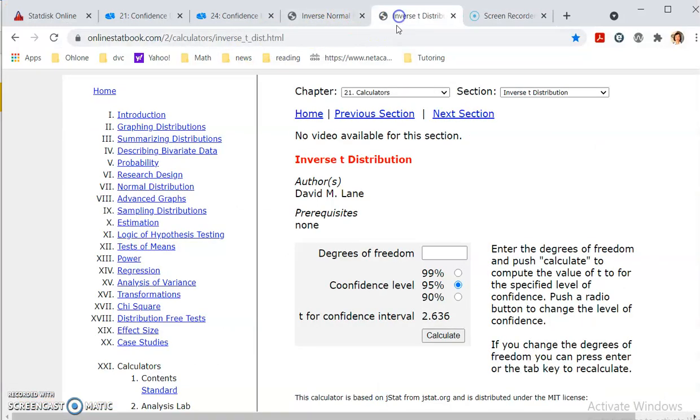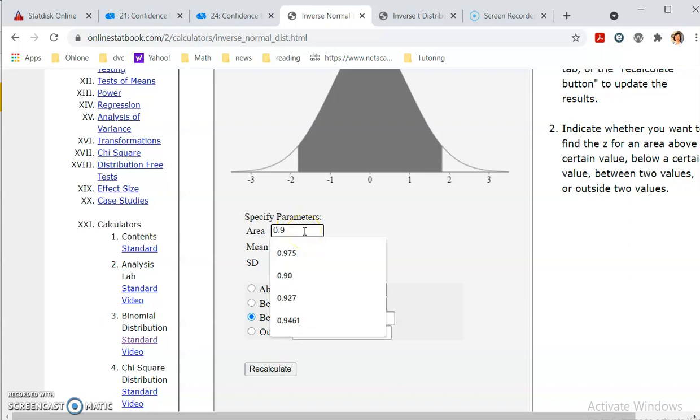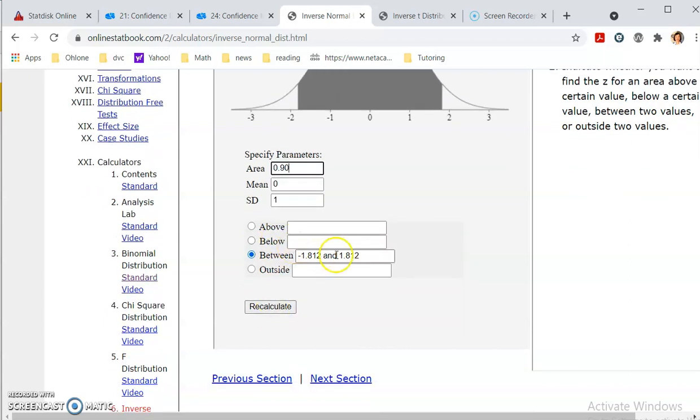So I have an inverse normal calculator. Use z because I want to do z, right? I like to do middles because I don't want to do any calculation. It's 0.90, 90%, change to that. And I say in between. If I do in between, then I know that one is positive, one is negative. I want the positive one for calculating the